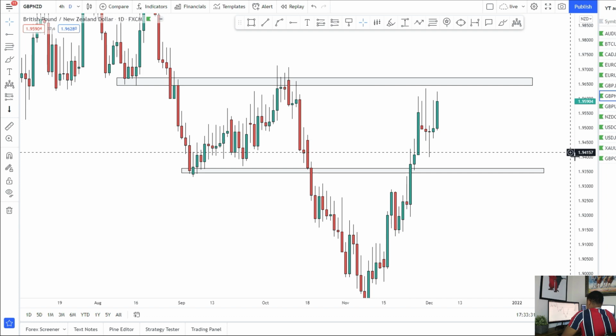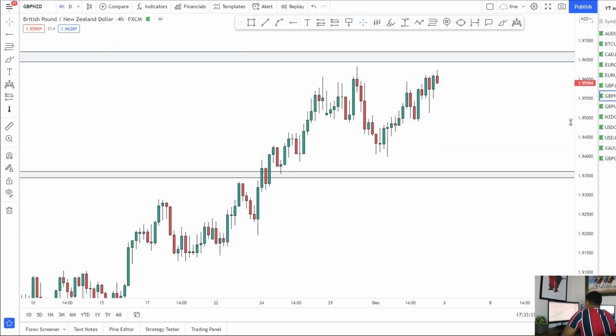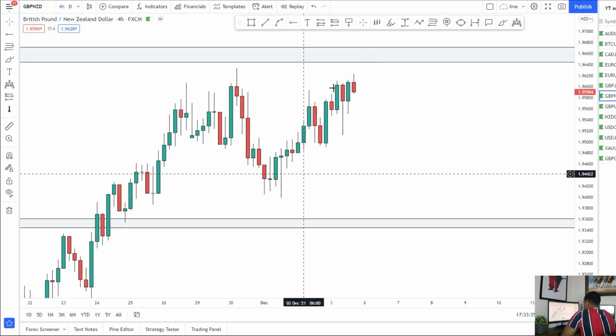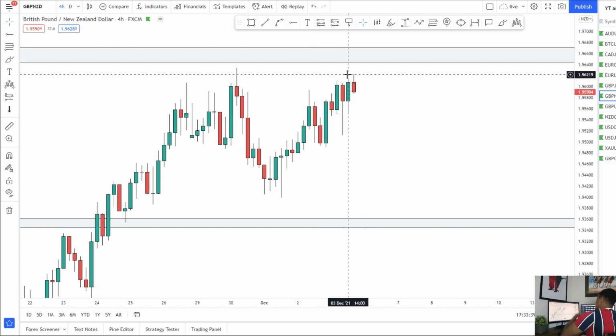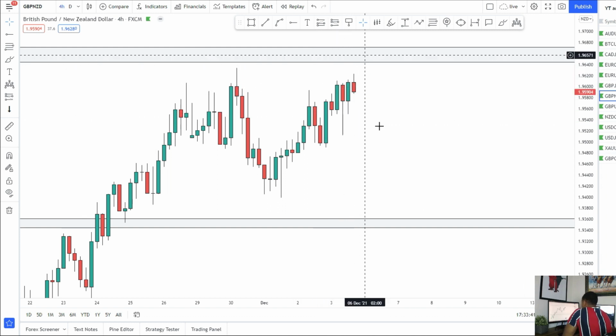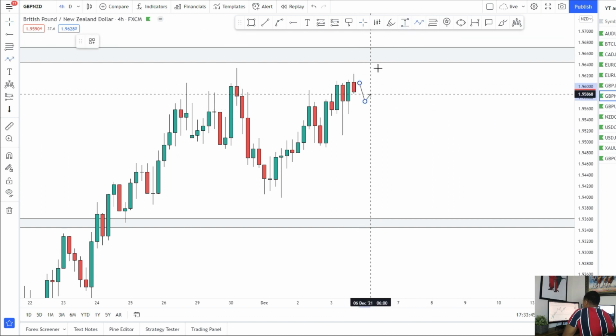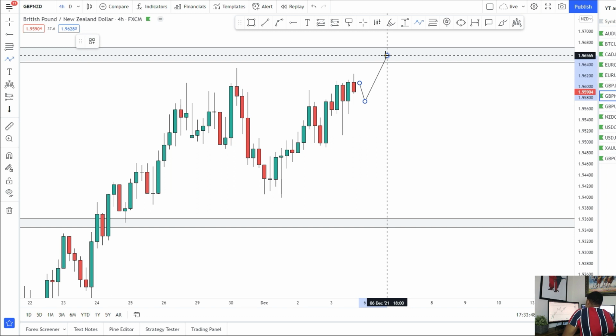So coming onto the 4H, again, we'll be looking at price action. We are losing momentum to the upside. You can see the bearish candles coming in very, very choppy. So it's a sign that the bulls are taking profit and the bears could be stepping in at that level. So hopefully you can see price just continue to the upside a little bit more, come into 1.96500, and then